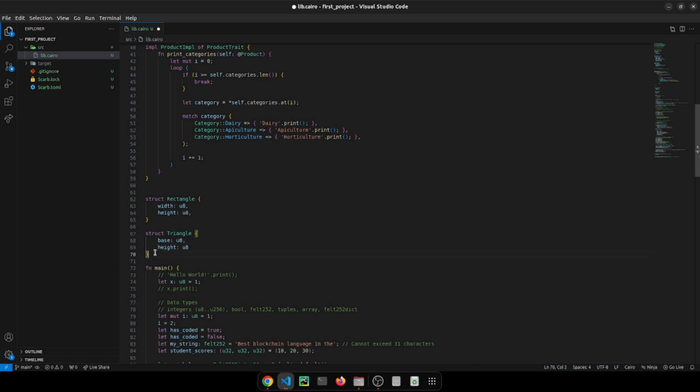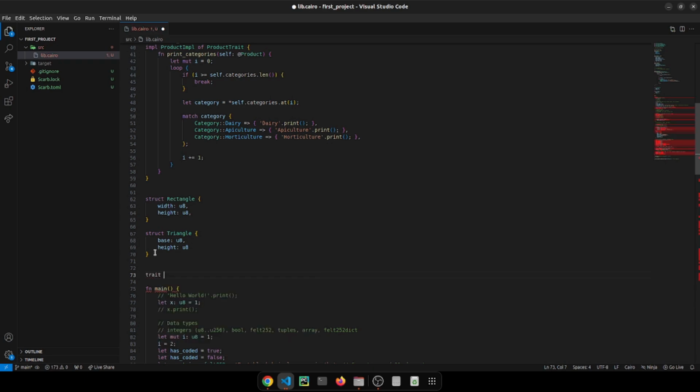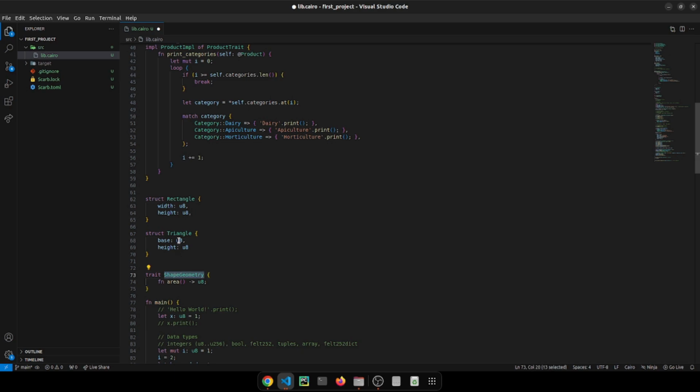So I need to have a single trait to be able to implement the area function. So maybe trait ShapeGeometry. Under the trait ShapeGeometry, I want to be able to calculate the area, so fn area of each of these shapes, and maybe return a u8 here. So what's going to happen here? I want to implement the same for Rectangle and the same for Triangle without really